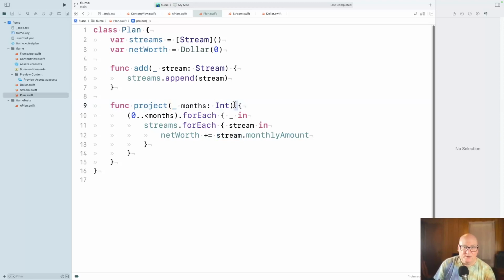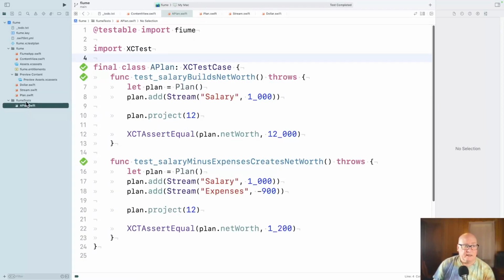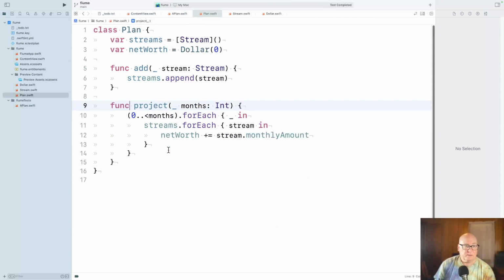Okay. But I think what that's telling me is I really don't want project to give me the net worth at the end of that. Well, I could if I looked at each month, but really I would like to say for so many months, give me the net worth data. So I'm going to go back to plan. I guess plan is going to have it because it's got the joint, the union of all the streams. Okay. So net worth, that's in plan. Yeah, we're just adding this up.